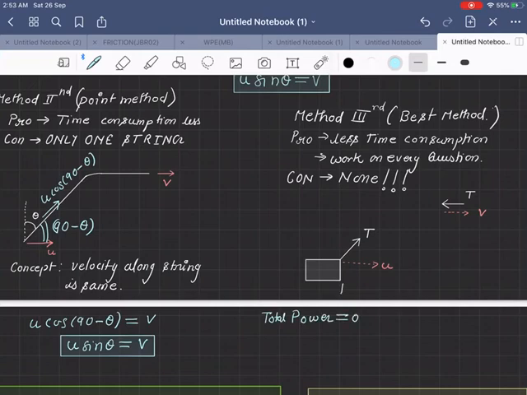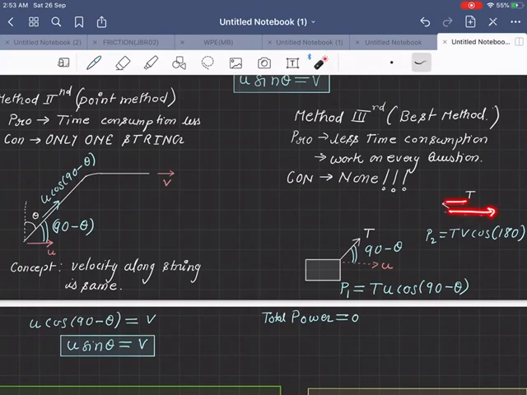But how much power are we getting here? So P1. What was the angle between these? Remember from the previous diagram, it is 90 minus theta. So power will be T u cos 90 minus theta. If you ask, sir, why cos 90 minus theta? Because remember, power is a scalar and you are doing the dot product of force and velocity. And here power will be P2, which is TV. What is the angle between them? Well, I see 180 degrees. Why? Because they are literally opposite. Velocity right hand side, tension left hand side. So 180 degrees. So P2 is going to be minus TV.